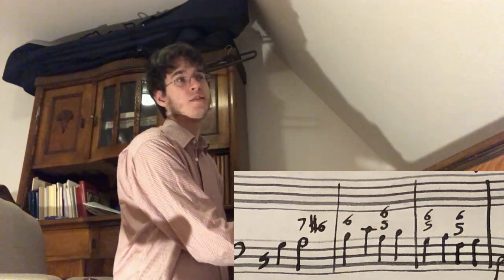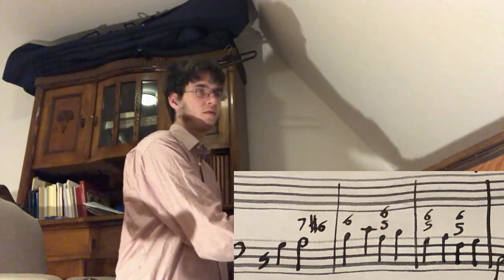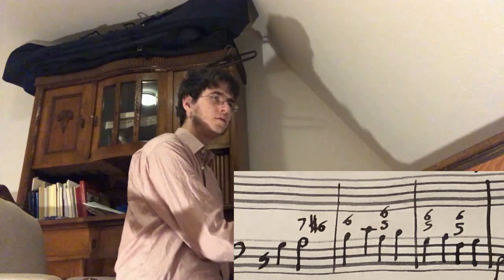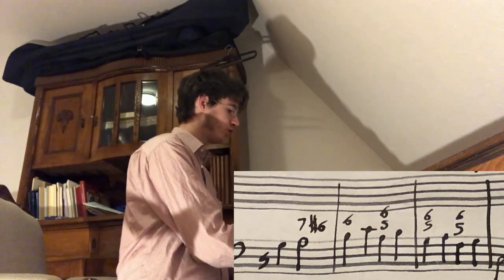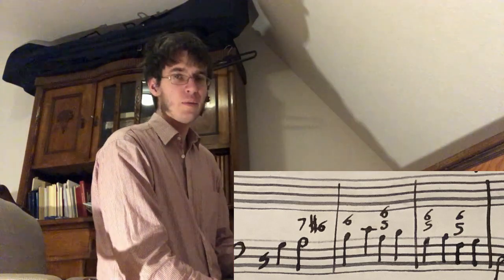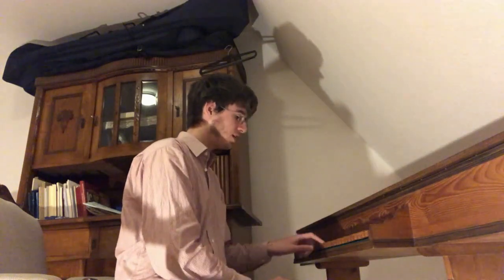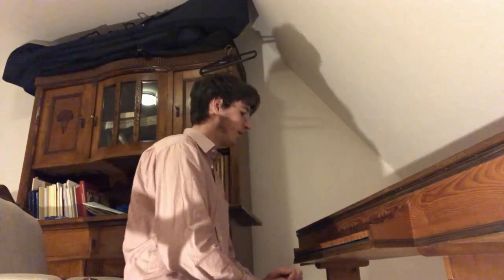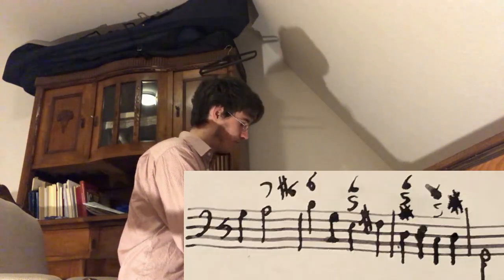Now, where does the sequence start? You could start here, for instance. But you could also start with another note. You could start the sequence wherever you want. But it's always difficult to start a sequence when you are not used to that. It's a good exercise to start it with a C in the bass or with a G in the bass. When the last voice comes in, you could have